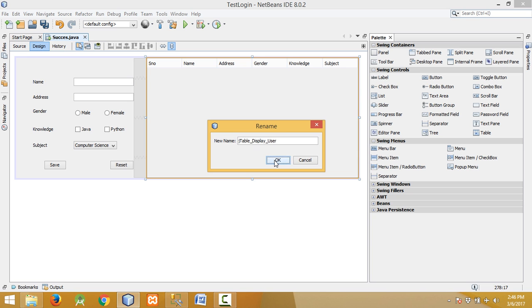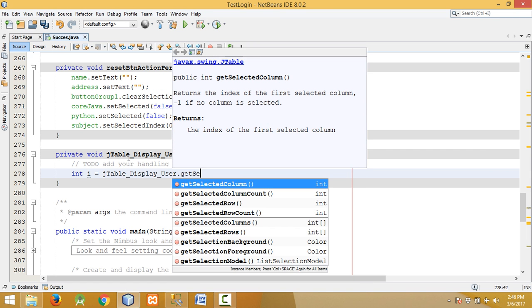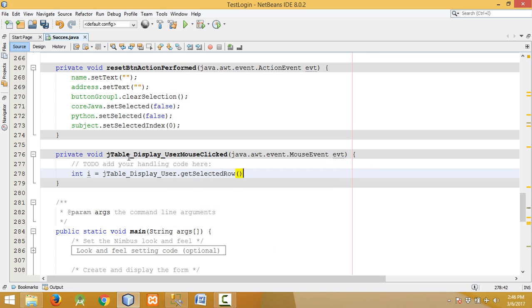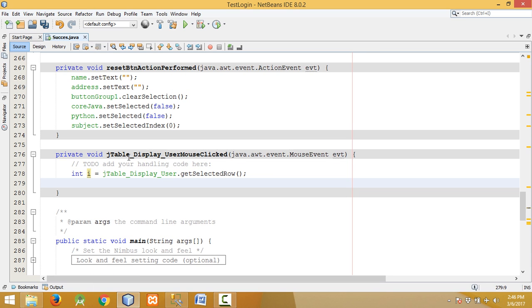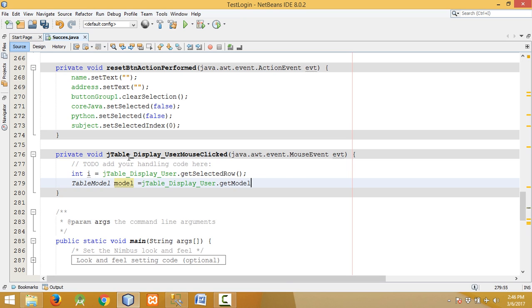Let me copy this and place it over here, dot getSelectedRow. Then for table model also, table model equals to name of our table dot getModel. Let me import this table model.